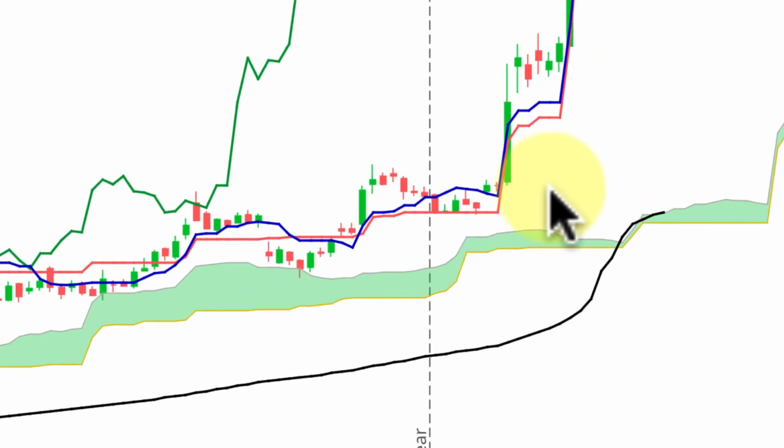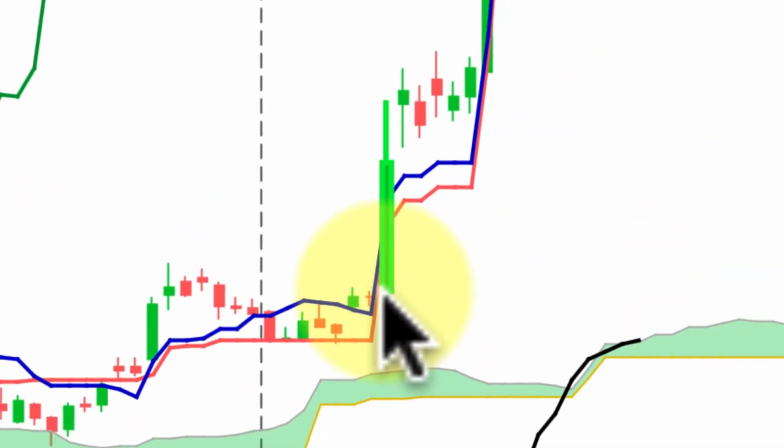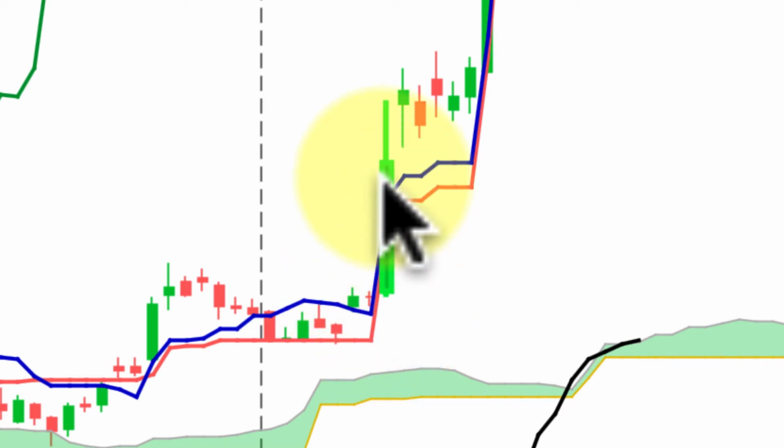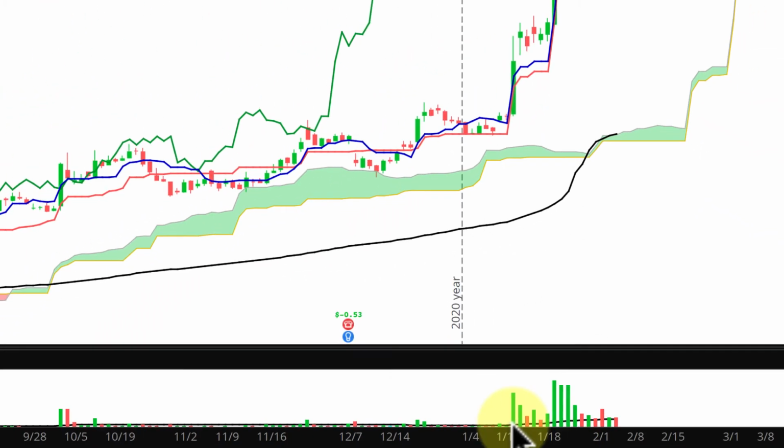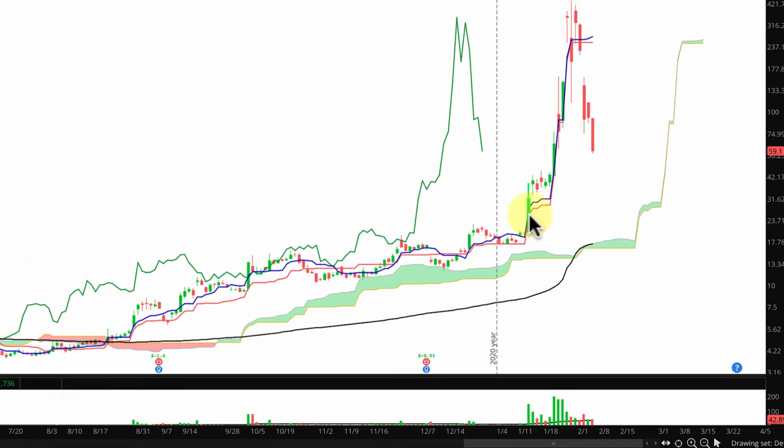A green candle means that the opening price was at the lower portion of the green candle, and then it trades down lower, and that's the little wick you see at the bottom, and then it closes at the top of the green candle. The wick above it means that's the high of the day, but it actually closes at the top of the full body candle. We can also see that on our average volume, we did have massively above average volume on this day. This would have been your first warning sign